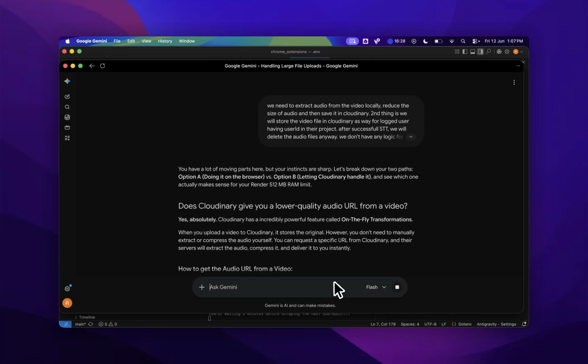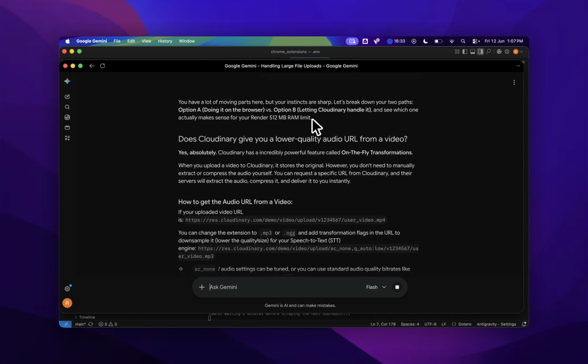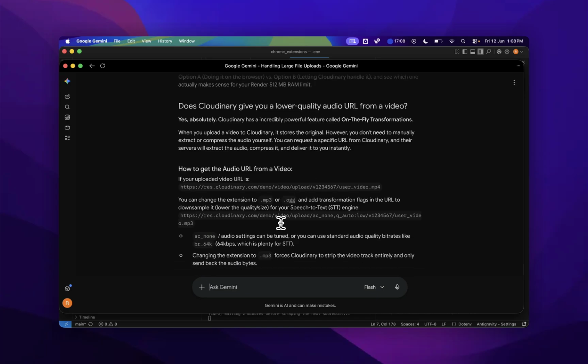You have a lot of moving parts here, but your instincts are sharp. Yes, absolutely. Cloudinary gives an incredibly powerful feature called on-the-fly transformation. When you upload a file to Cloudinary, it stores the original. However, you don't need to manually extract or compress the audio file yourself. You can request a specific URL from Cloudinary, and their server will extract the audio, compress it, and deliver it to you instantly. If your uploaded URL is this,